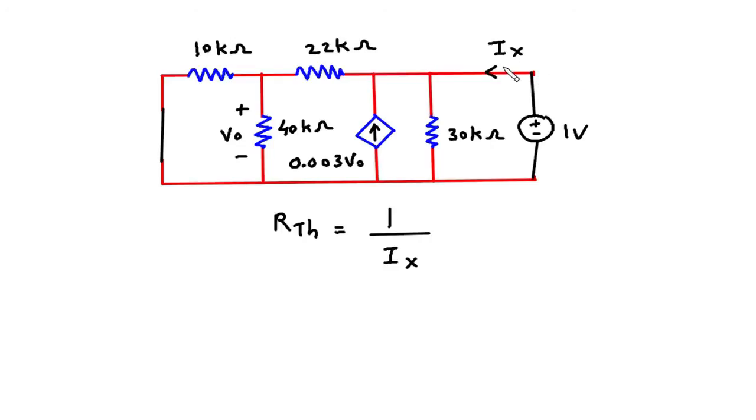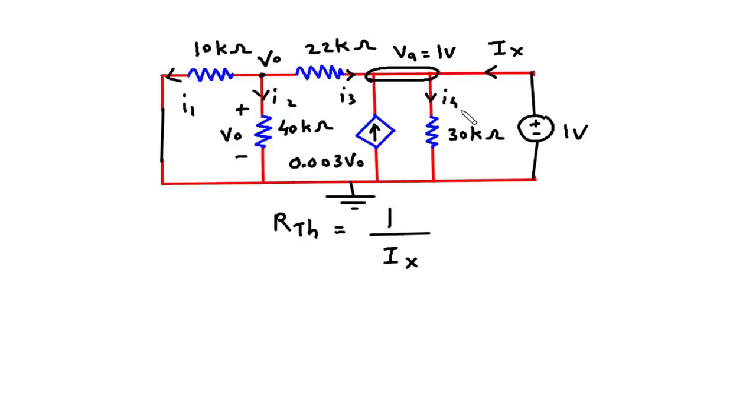Now we have to find this Ix to get the value of RTH. Let's say this is node VO and this will be node of 1 volt. So let's say VA is equal to 1 volt. Let's say this is a reference node. Let's say this is current I1, this is current I2 and this is current I3,